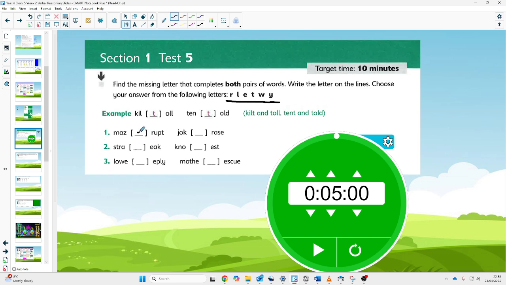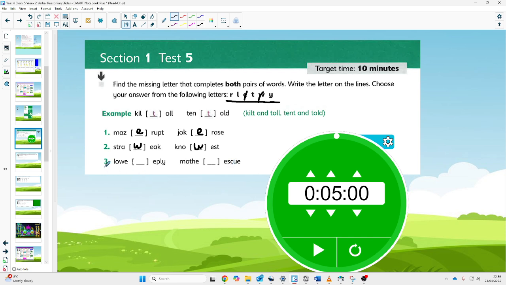So number 1, we're actually going to put an E in there for maze, erupt, joke and erase. So what I would probably do at this stage, I'd eliminate the E, because you're not going to use it again, you're only going to use the letters once. So number 2, having a look at those letter strings carefully, what letter from there could go into the gap? Well in this instance it's the W for straw, week, no and west,